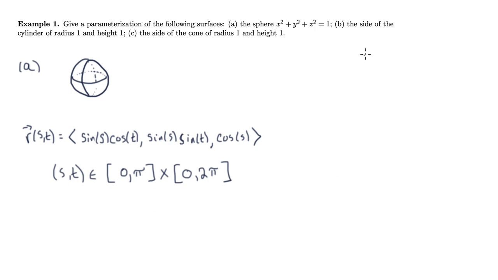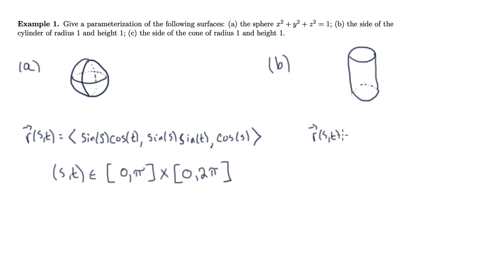Okay, so the next one is the side of a cylinder of radius 1 and height 1. So this looks something like this. We're going to kind of cheat again. I mean, it's not really cheating, we're just using what we know. And think about, well, what is a cylinder? In 2 dimensions, it's really just a circle. So in the x and y direction, I can just think, well, I'm living on a circle of radius 1. And so if I put that in,